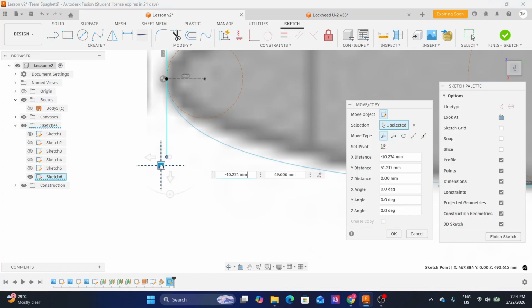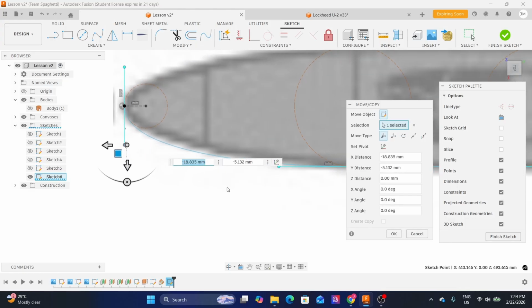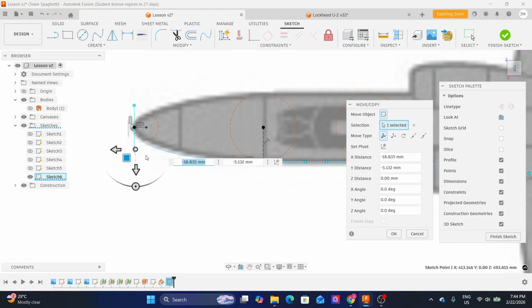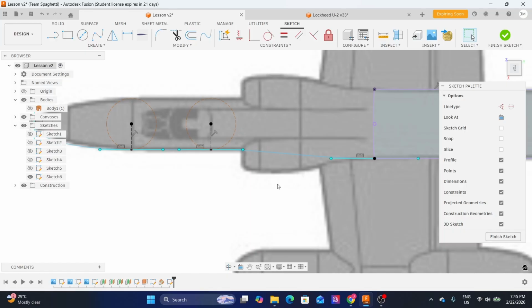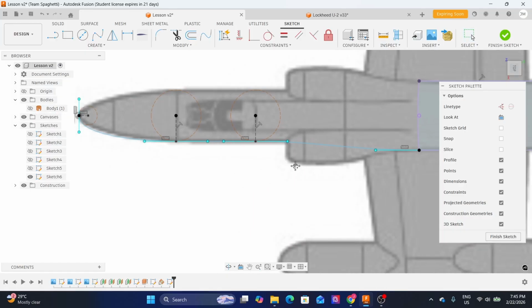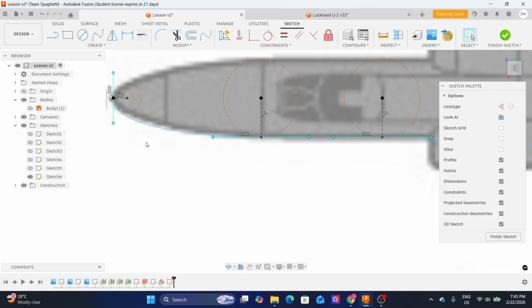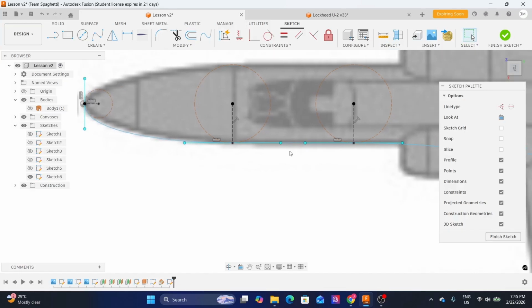But here I'll just grab this and then adjust, and there we go. I am perfectly fine with this, so I'll just hit OK, and we have our